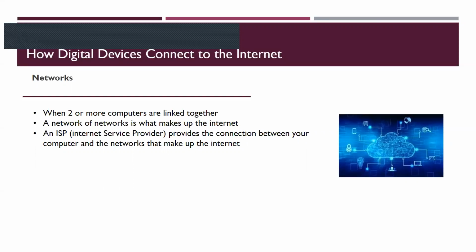The internet is a bunch of networks. Google would be like a network connecting more networks. It's like the library. If every book is a network and then every page is a computer, it's a huge network of networks. And then your ISP, or internet service provider, provides you a connection from your computer to the internet. They basically give you the physical cable from your house to their servers, which connect to all the other networks.